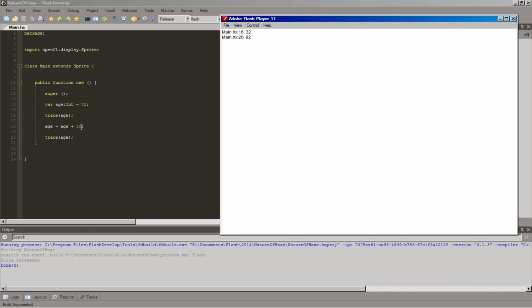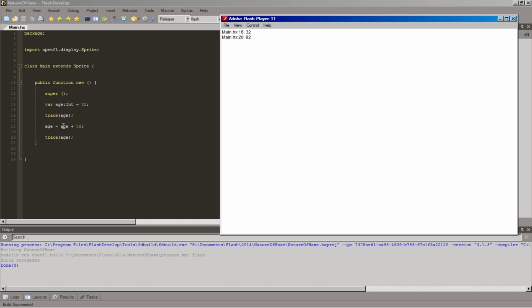It will take what happens on the right side of the equals sign, do whatever addition, subtraction, multiplication it needs, solve that, equals 82, and then put it inside of age. And again,